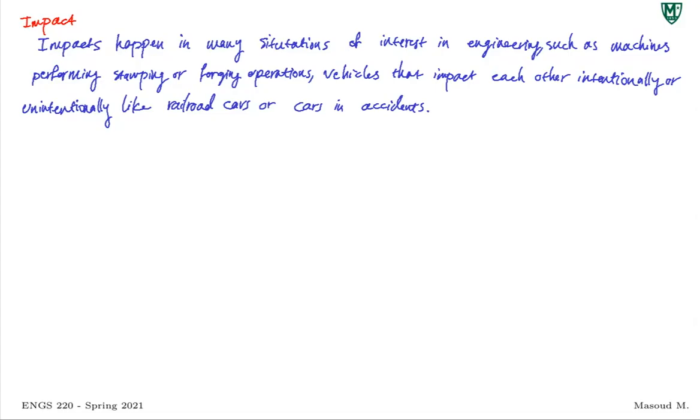So if there is some friction between the tire and the road, in a fraction of a second, that amount of force is really something you can neglect compared to the huge amount of force involved in this accident because of the impact between these two cars. So I'll put it under